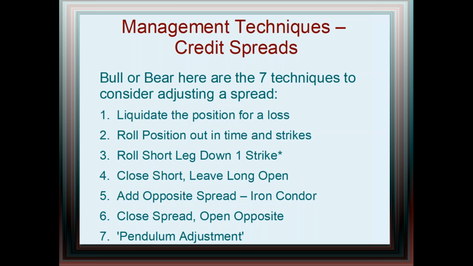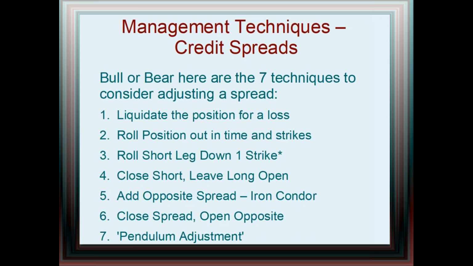Number 2, common. Most of you might do this if you've started trading options and you started with covered calls. You think the covered call goes against you, roll down. Roll the position down. Same thing, bull or bear. Roll the position out in time and to different strikes that are further out of the money for your credit spreads or further in the money for your debit spreads. You've decided to stay with bull puts. You're bullish on the market. Stock starts to move against you. Move it down. You've been bearish on the market, but something happened and good news came out on the stock,